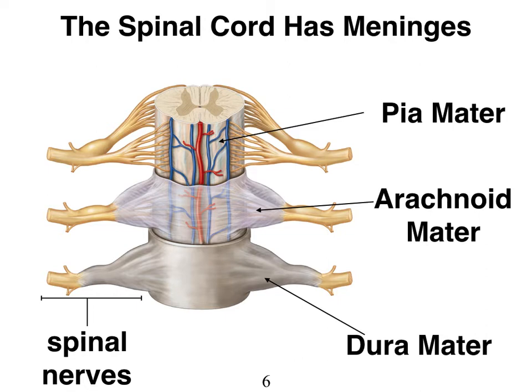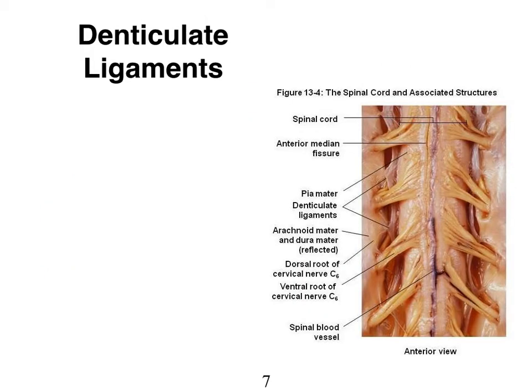Now, the dura mater is also continuous with the spinal nerves coverings. So this dense irregular connective tissue continues out. There are also modifications of the spinal meninges, such as in the form of something called denticulate ligaments. Denticulate ligaments sounds like the word dental or teeth. What denticulate ligaments describe are little tooth-like extensions. In this picture, they kind of look like shark's teeth that attach from the spinal cord, which is traveling down the middle,